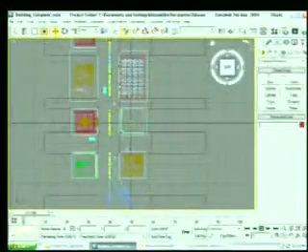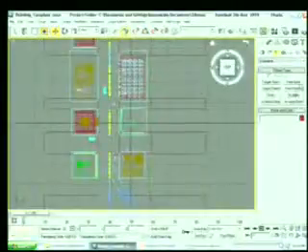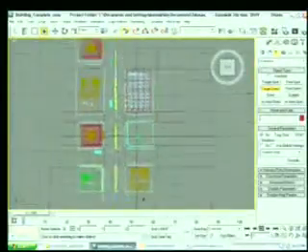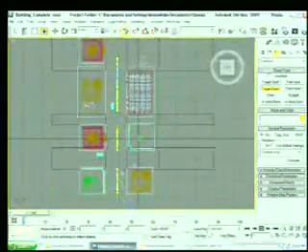Go to the top view, go to the lights, take here target direct, place it anywhere,